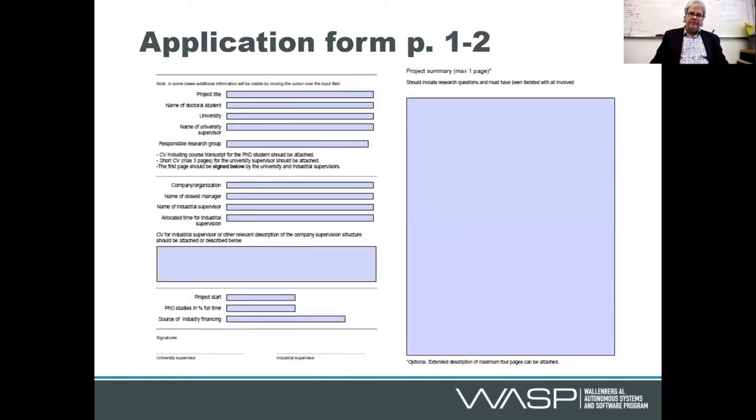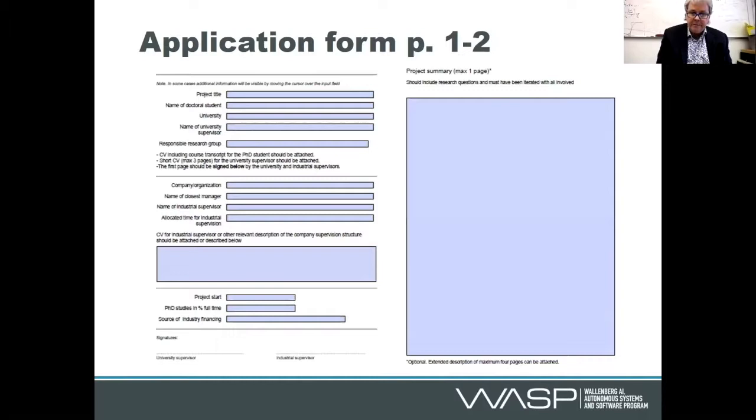Here is the application form. Project title, name of doctoral student. So you must have identified the doctoral student when you submit your application. Otherwise, the application will not be considered. Then, which university that the student should do his or her PhD studies at, and the name of the